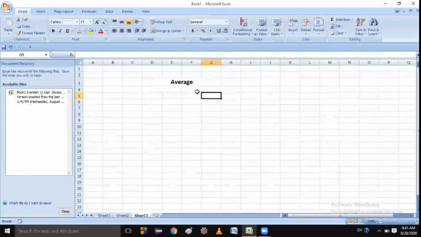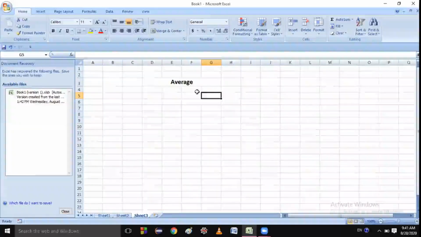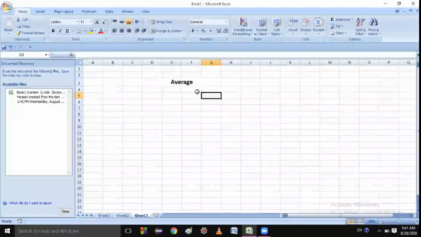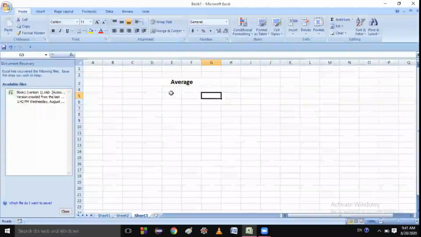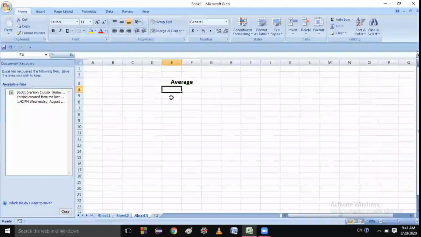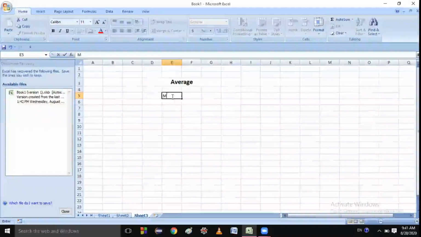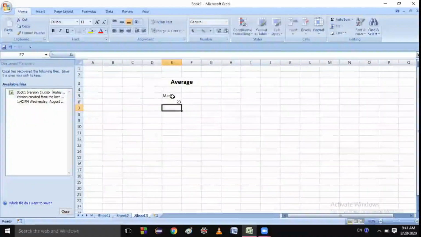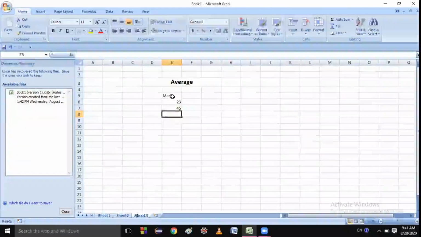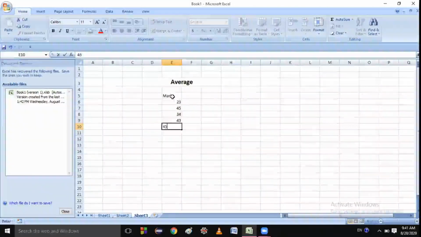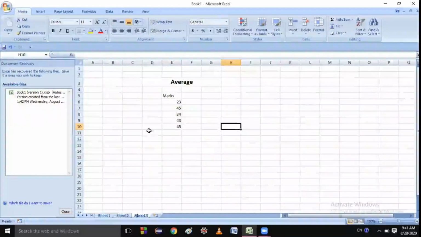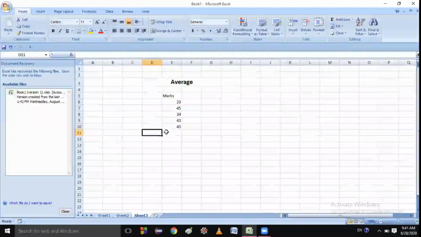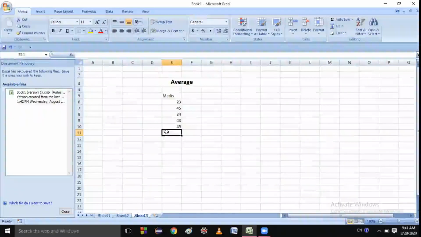The same operation will be done by the average function also. Suppose I have the marks of the students, like 23, 45, 34, 45. I have these marks, and I need the average of the students over here.